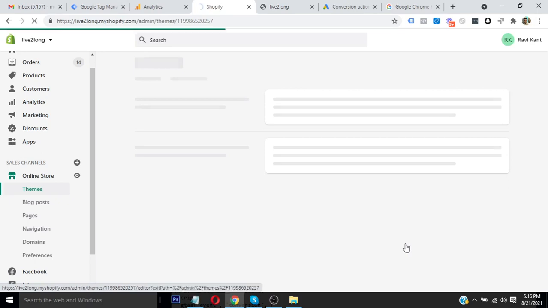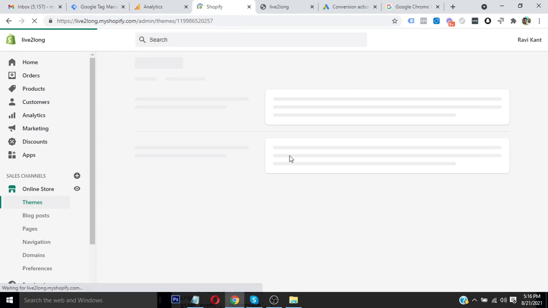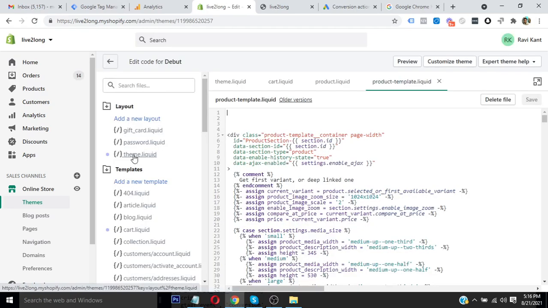Once we click Edit code, we will be able to edit the theme code, and we will add our Google Analytics 4 tracking code there, so our code will be placed on all the pages of the website. From the left panel we need to select the theme.liquid file.